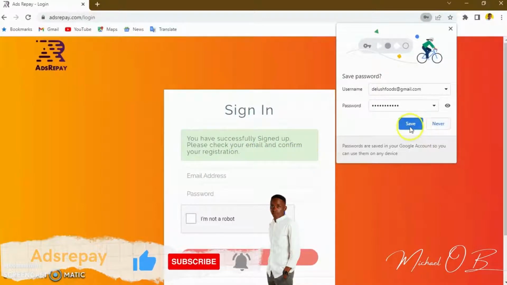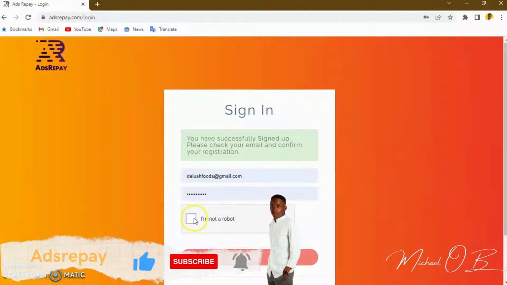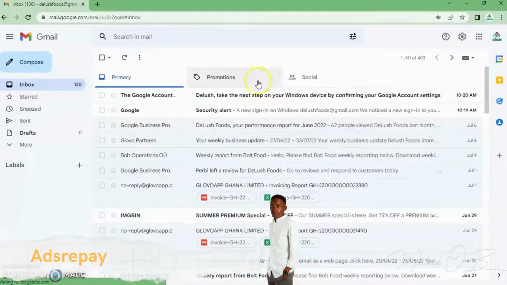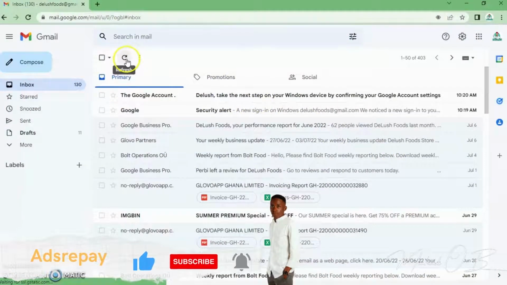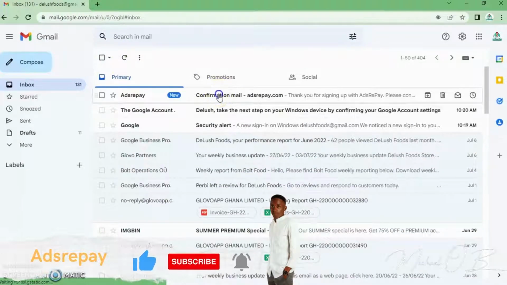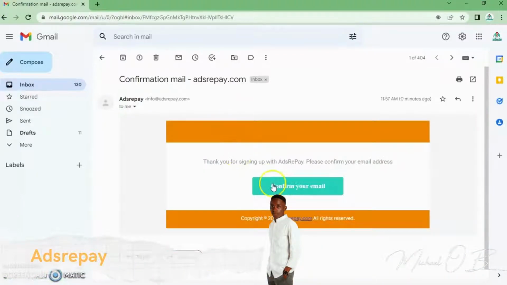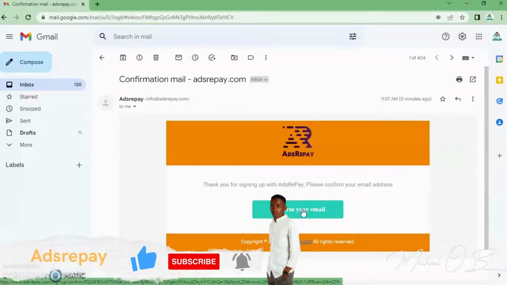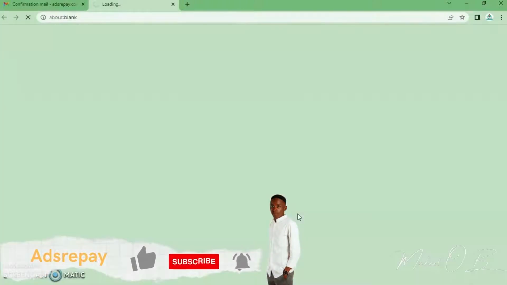So we are going to click on this, and before we log in, you have to go to your email and refresh it. If you refresh it, you see they have already sent you a message in your inbox. You just open it and click on confirm email.